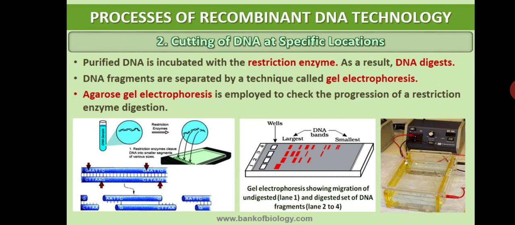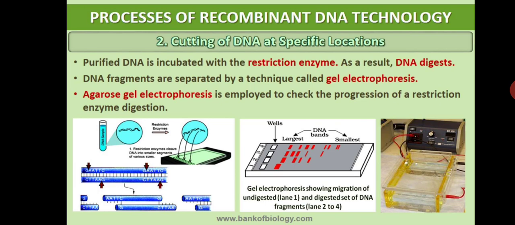The entire gel electrophoresis process mainly works on the principle that DNA molecules are negatively charged. We know that DNA molecules are negatively charged molecules, and we know that negatively charged molecules always move towards the anode, and positively charged molecules always move towards the cathode. Understood?